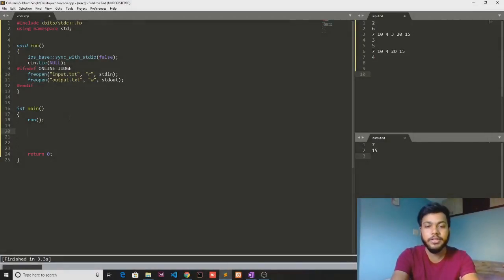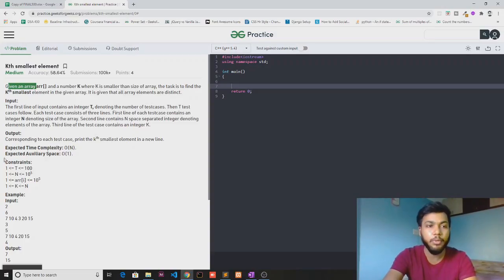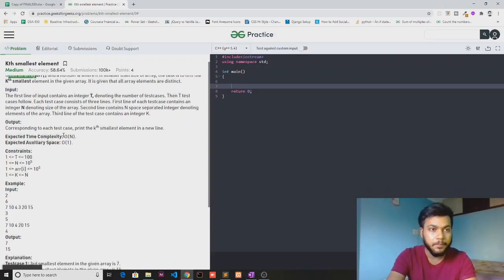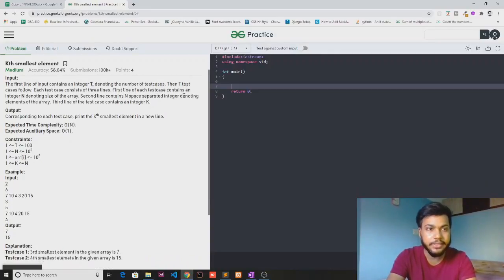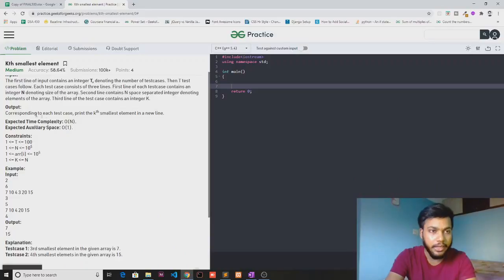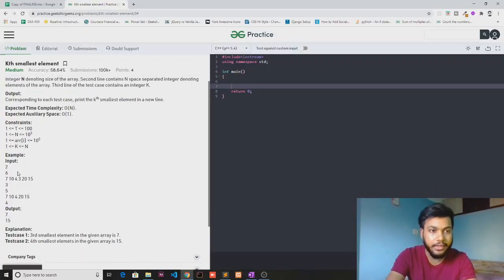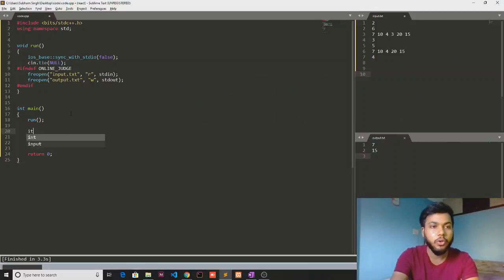So in the first approach, let's see the input method first. The first line contains t test cases, and then n, and then the array, and then k. Alright. So int t; cin t; while t minus minus; int n; cin n.